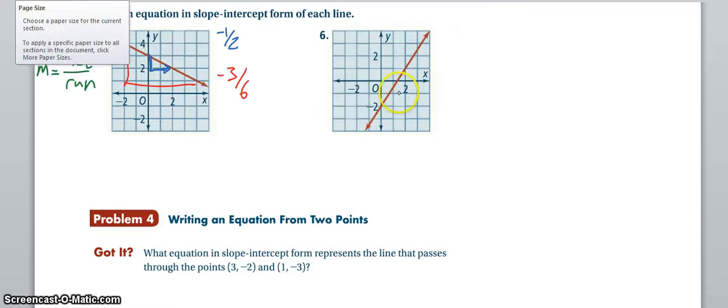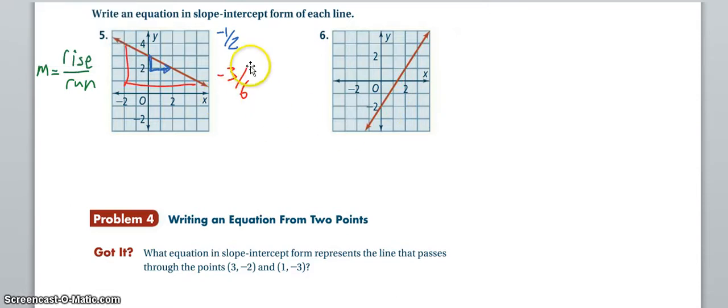Alright, so we know that to find slope, that's rise over run. On our first graph here, we can set up that m, our slope, is going to be rise over run, which we can find a couple different ways. We can do any point to point, so I can do the little triangle right here, and that gives me -1 over 2, because my rise was -1 and my run was 2. I can go a wider point to point, from way out here to way over here, and that's -3 over 6. My rise was -3, my run was 6. Either way, that gives me a slope value of